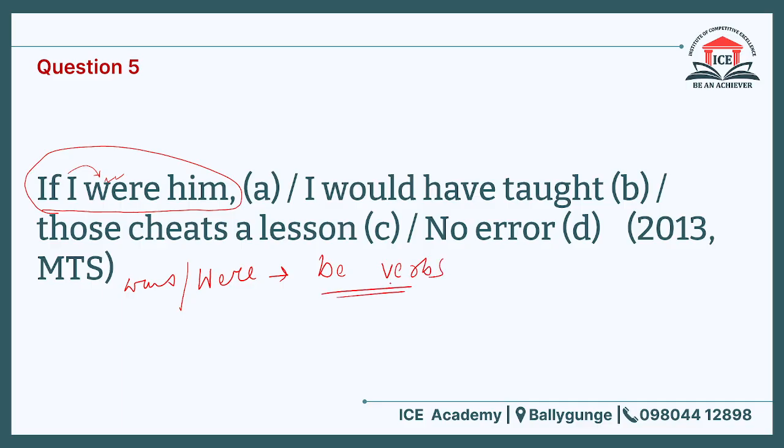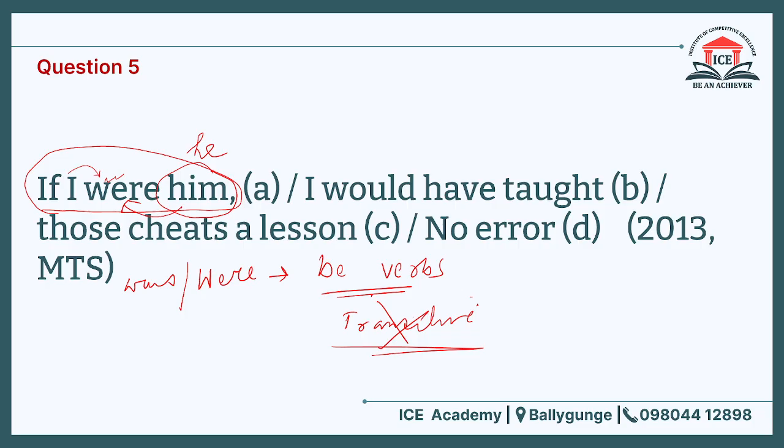They are called be verbs. Be verbs are not transitive. Now, "is a him" seems like it is used as the object of this be verb, but be verbs are intransitive, they are not transitive. Therefore, you cannot use an objective case of the pronoun after be verbs, because in the previous question